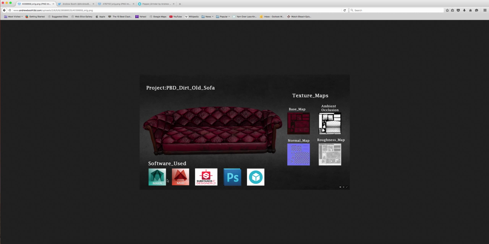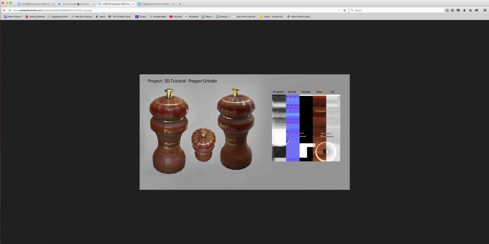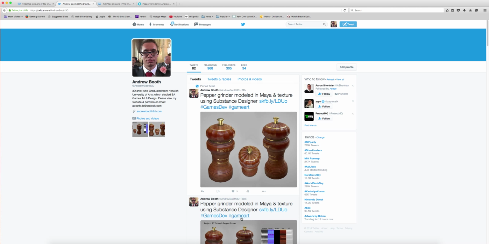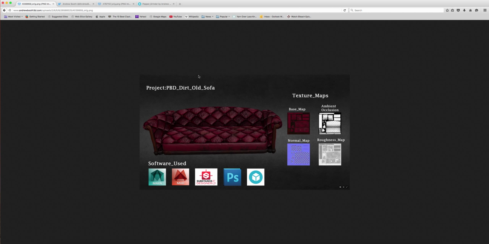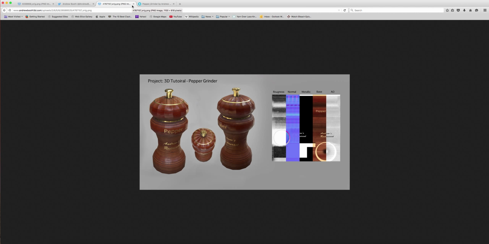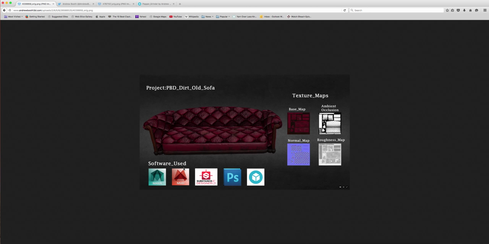Here I also used software used. You can do this, I do it here. I would have done it here, but I already stated in my past tweets and in past tutorials what I've used, so it's pointless to show what I've used here to make it. And then it also gives you a chance to explain in interviews what you use to make it, and explain in person, because when you have something like this it shows what you've done, but when you're actually in an interview there's not much you can talk about, because you already stated that you use